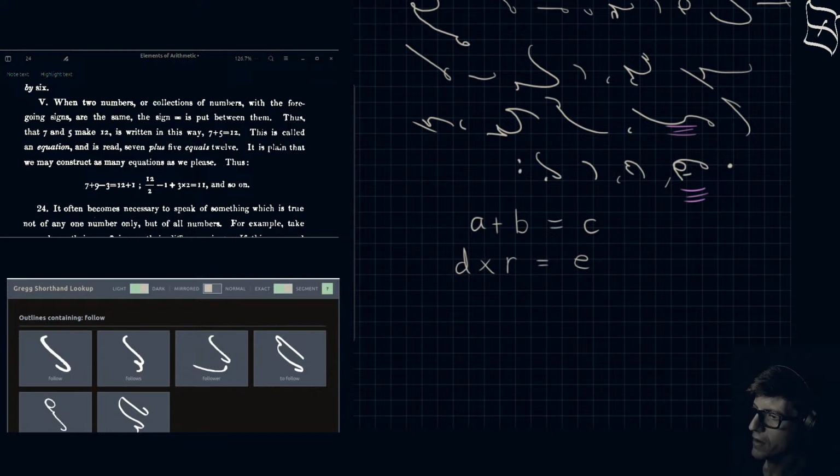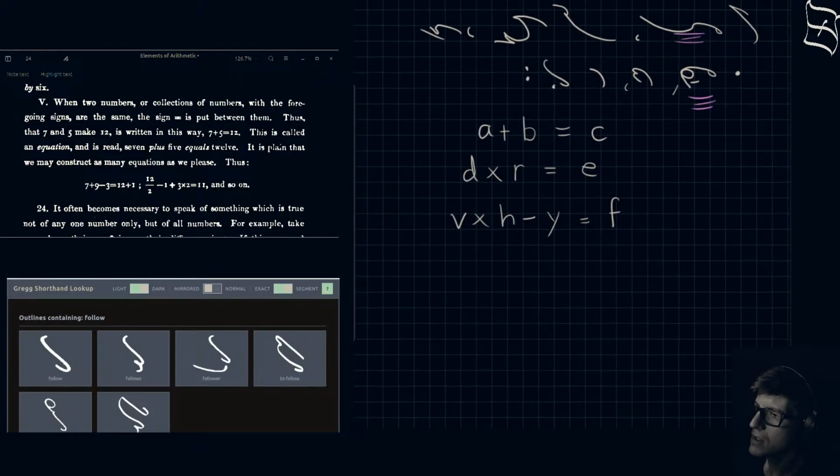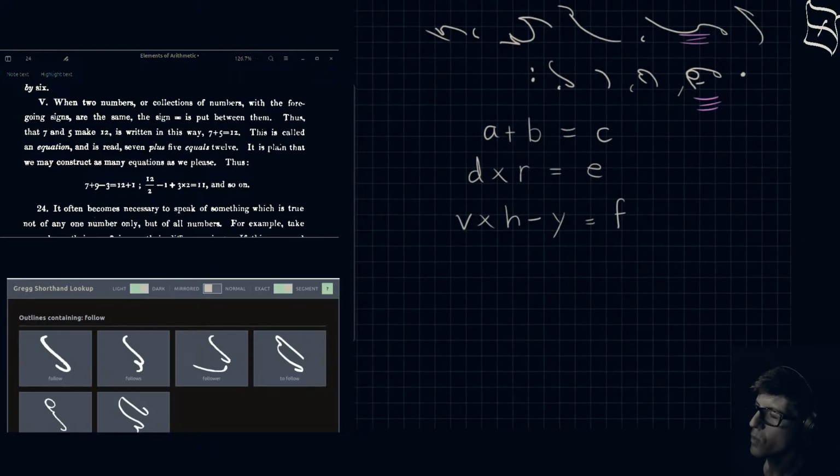We could even have V times H minus Y is equal to F. Each of these are different variations, right? Each of these would then be